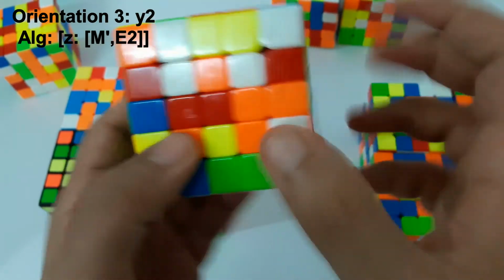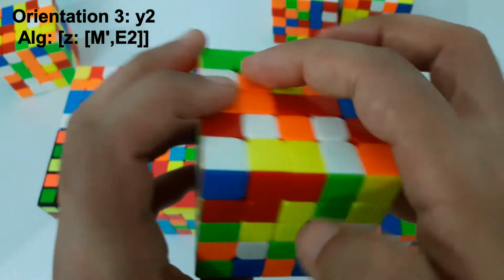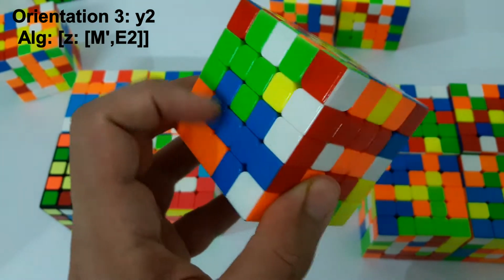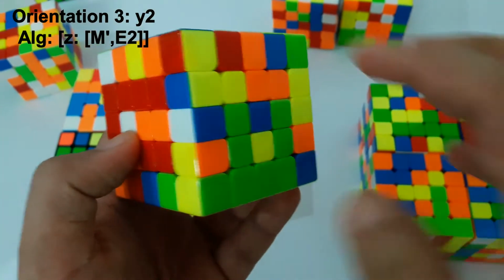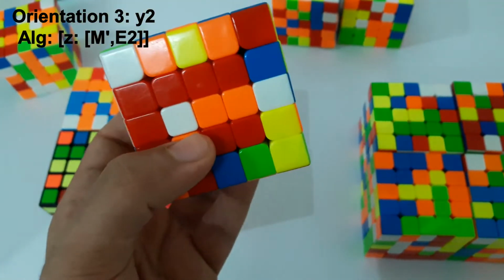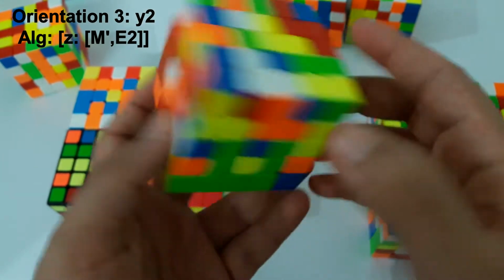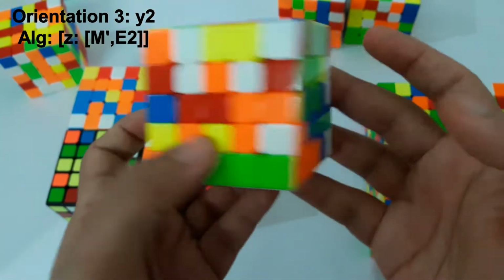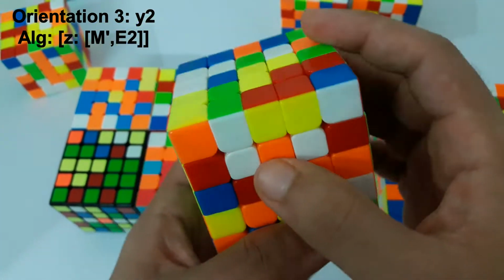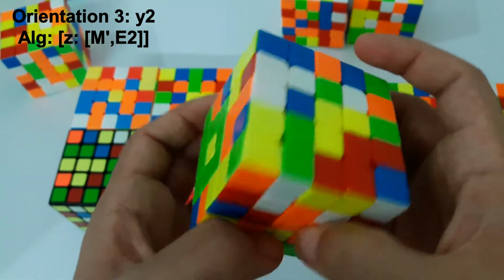So you see, if I'm holding in my orientation, a lot of red here, a lot of orange here, then here is a big slot of blue, and here is a lot of green. So it's basically just a good scramble, but the only thing I need to do is go to an orientation like this. If this is my orientation, then I have a lot of solved centers, and to solve the